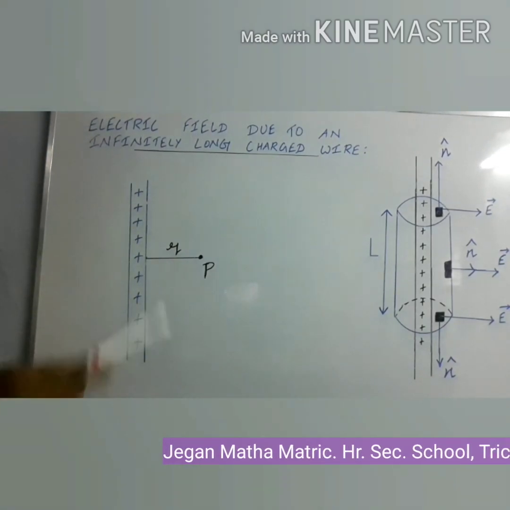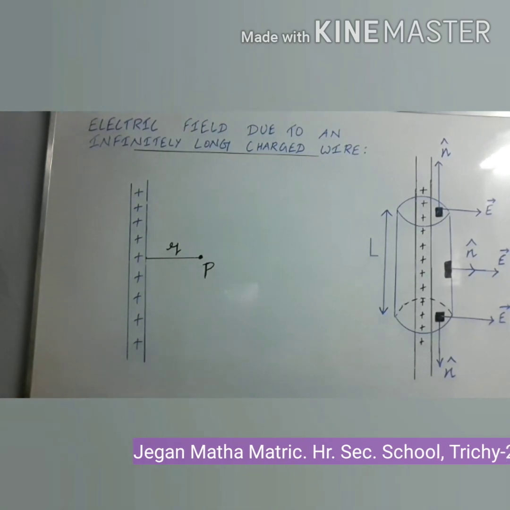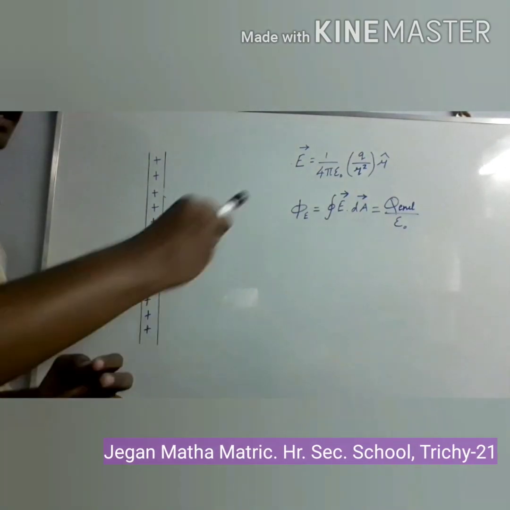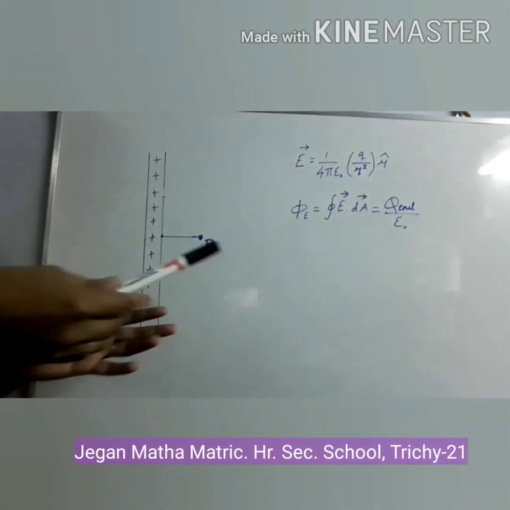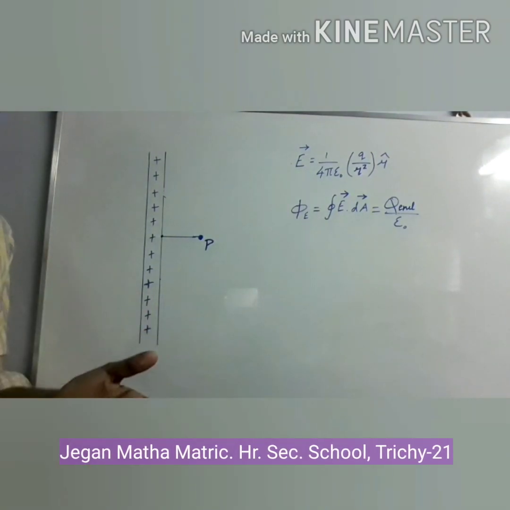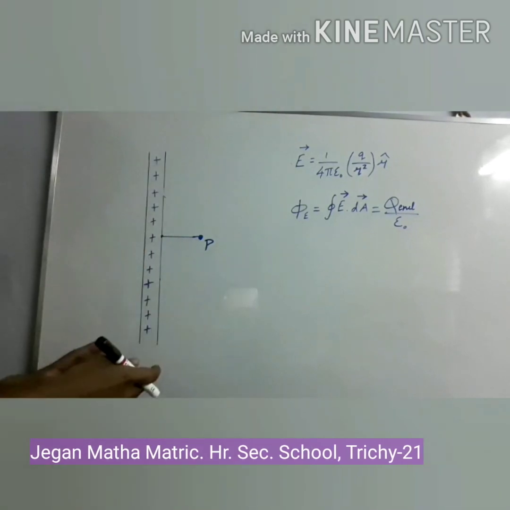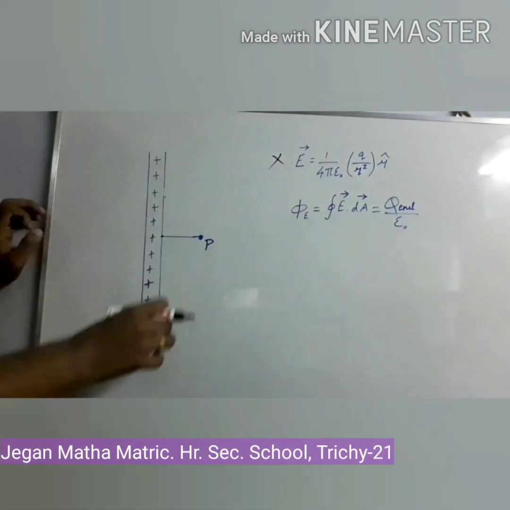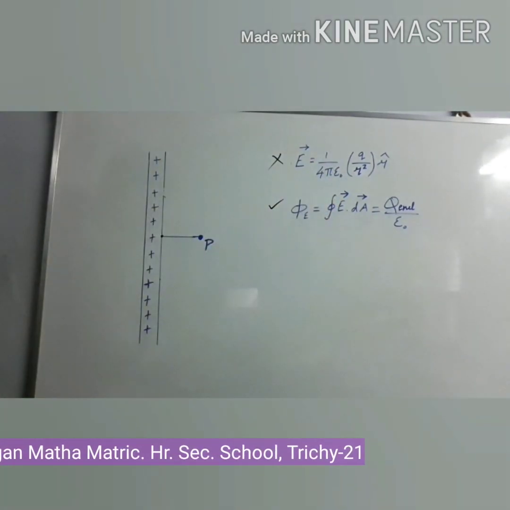We are going to find the electric field at the point P due to this charged wire using the Gauss law. Here you can ask the question, why don't we use the normal expression to find the electric field? But that is an expression for the electric field provided by a point charge. Here charges are distributed in a long wire, so we can't use this expression to find the electric field due to the charged wire. So we are going to use only the Gauss law.